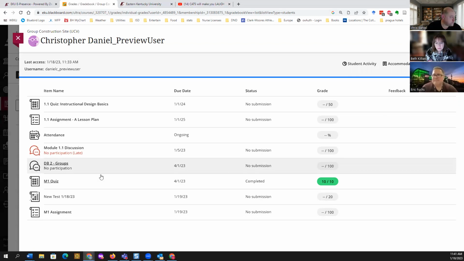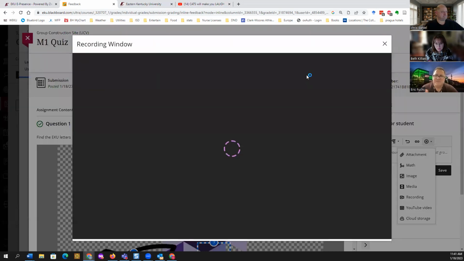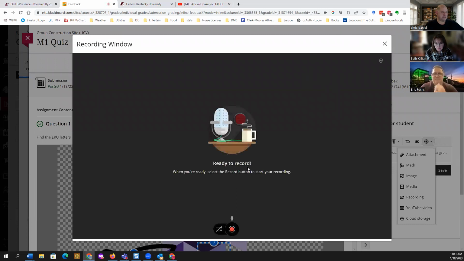Now, what you can do is if you've created that in another application or using some other process, you can come in here and in this feedback editor, you have the ability to show a link. Yeah, but it doesn't allow you, like in Canvas, where I can click on and give audio feedback, or I can click on and embed. There is a new record. This is pretty new. You do have this recording window. So it will do audio at least.